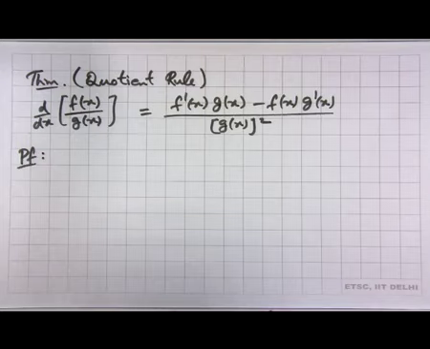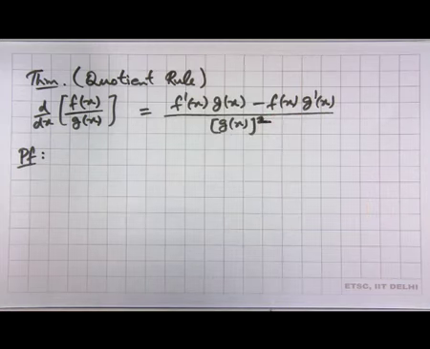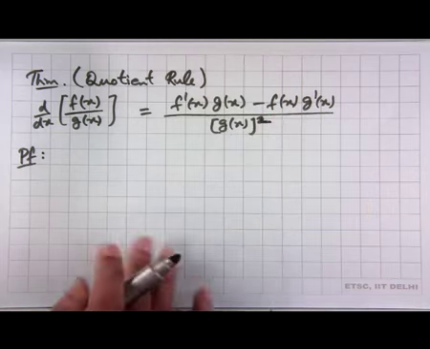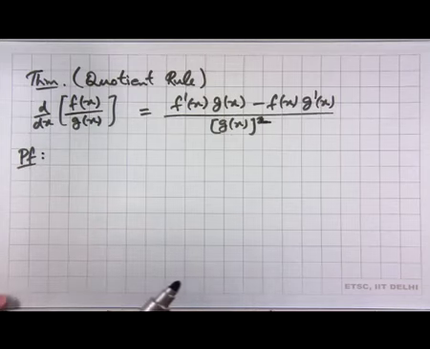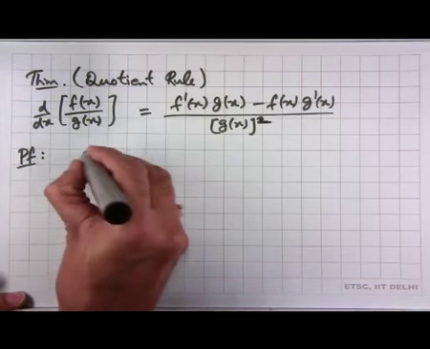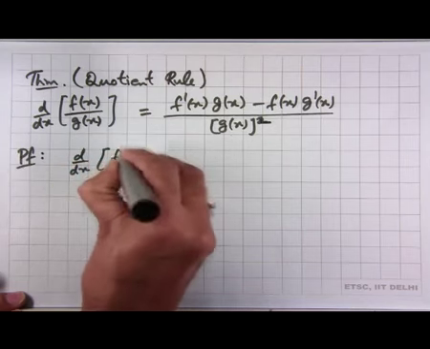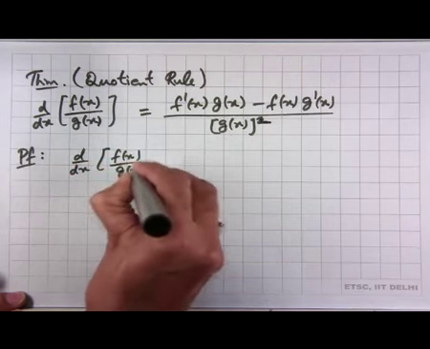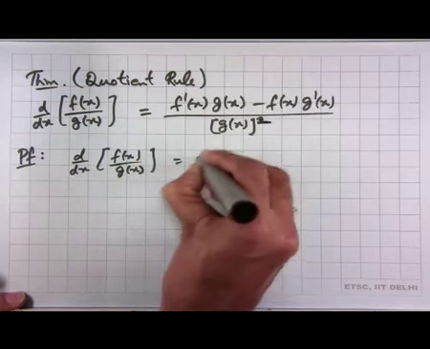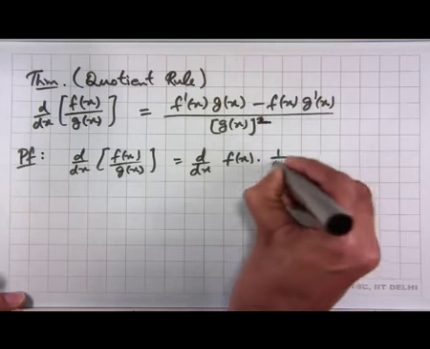And the proof you can do it by just writing it as the limit of the difference quotient, but here note that we have derived the product rule and derived the derivative of the reciprocal of a function. So, we can use that. So, d by dx of f x by g x, I can write as the product f x times 1 by g x,